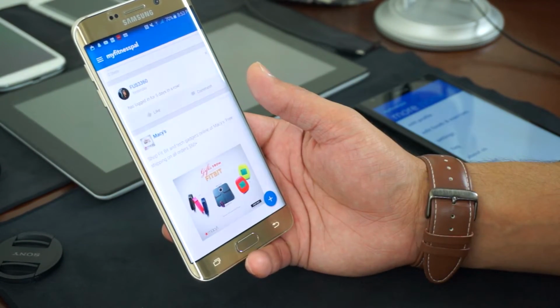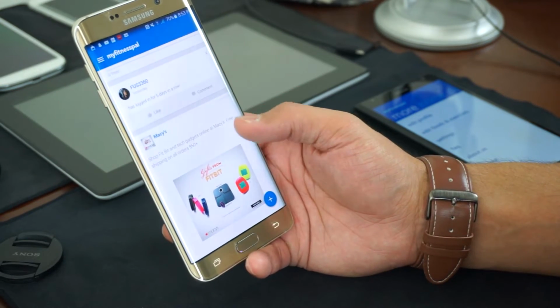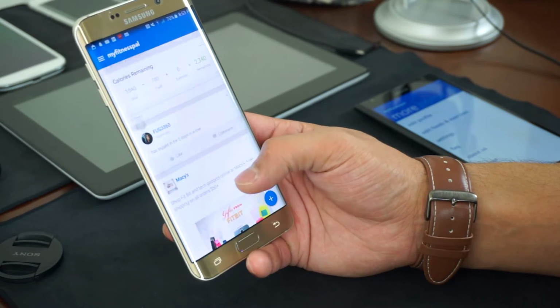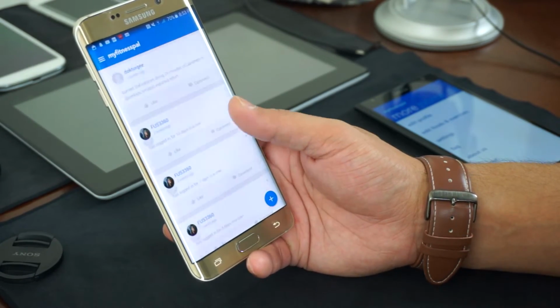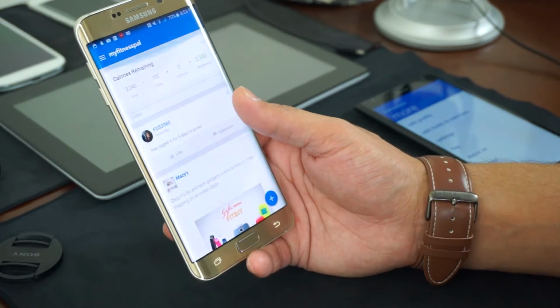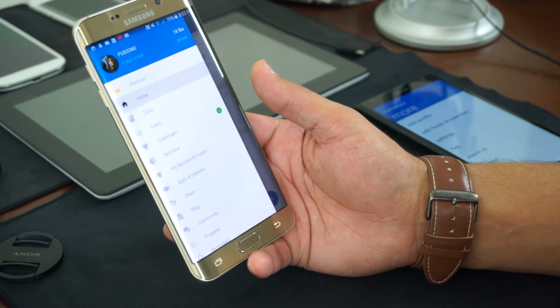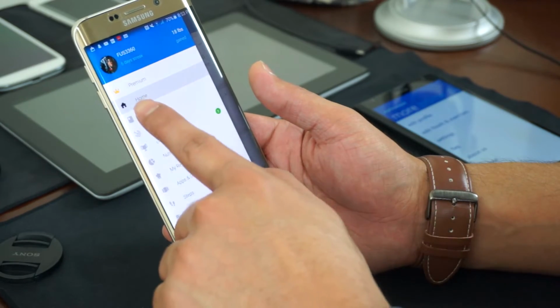I've logged in for 5 days in a row. Some ads, of course. And then the cool thing about this though is sometimes you get some nice tips and recipes and things like that for exercises and meals. Now, if I drag this over, I have a menu here. I can go to my diary,